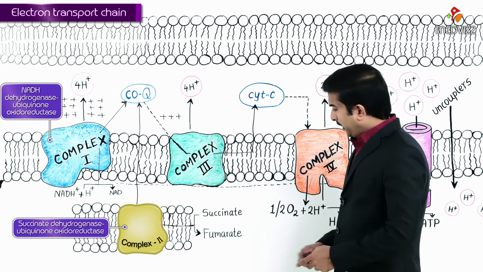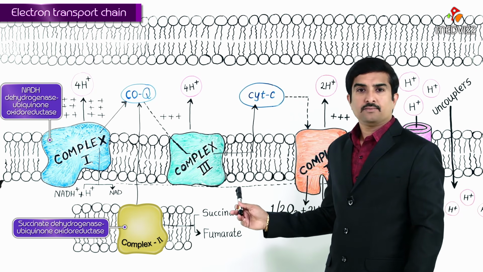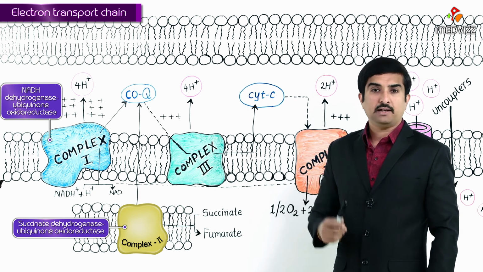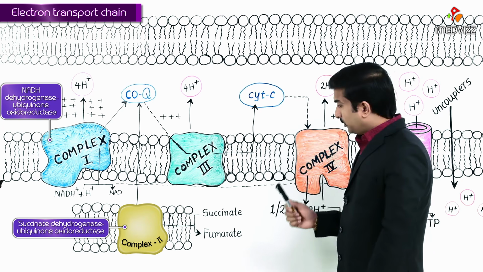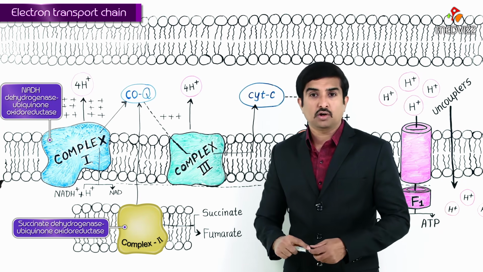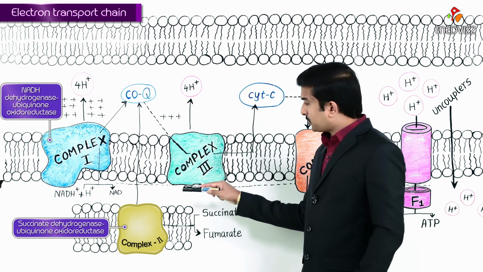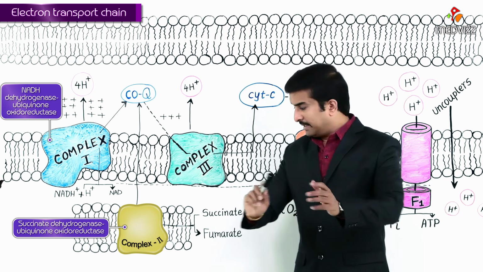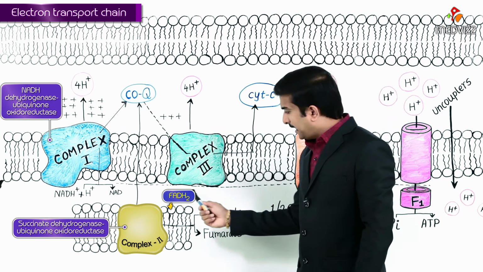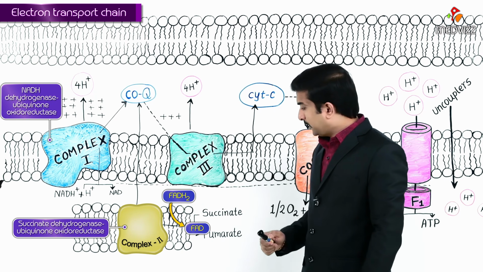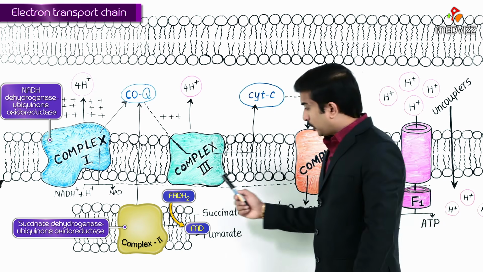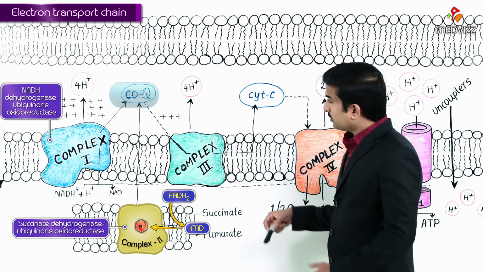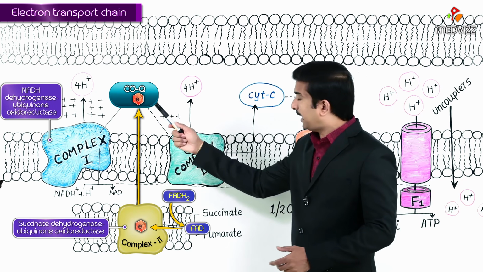Right? So here both succinate as well as NADH are the products of the Krebs cycle, that is the TCA cycle. So their electrons are transferred horizontally from complex 1 as well as complex 2 to complex 3 by means of coenzyme Q. Right? Let us see here. So FADH2, which is a part of complex 2, or complex 2 is a succinate dehydrogenase enzyme where FADH2 is produced. From there the electrons are carried to the coenzyme Q,